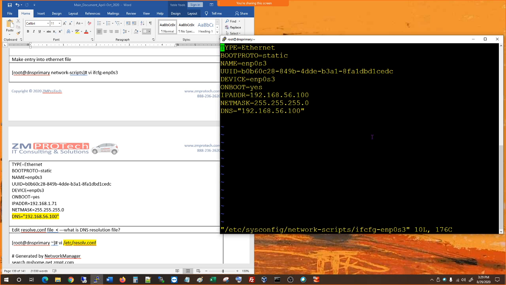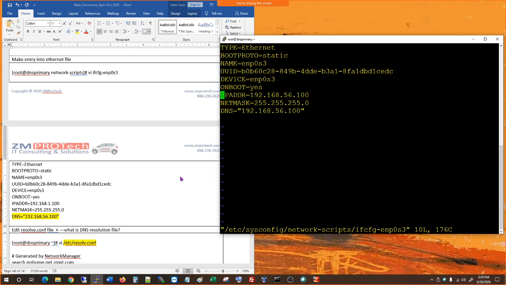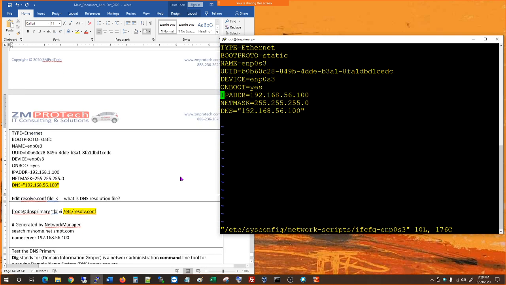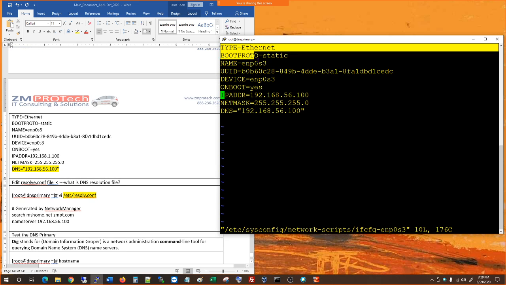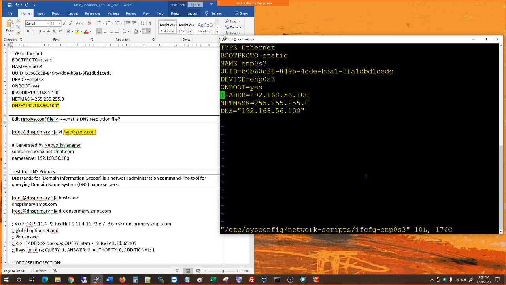Okay, and here the IP address is supposed to be 100, and everything else is the same. Yeah. And then check the DNS resolution file,